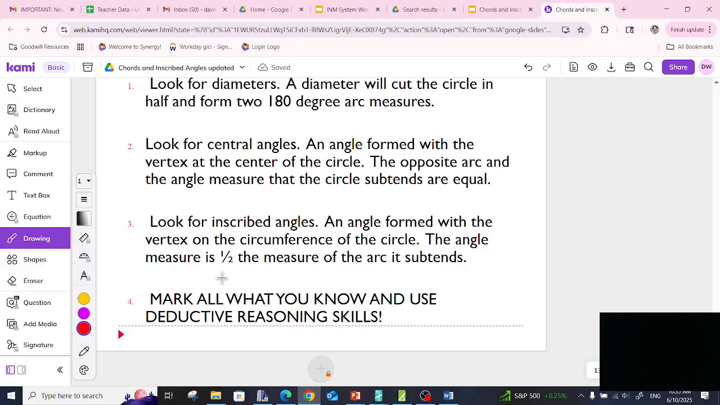Now, the big thing is mark all what you know, and then you have to think. You have to use your deductive reasoning skills. This is what's different than algebra. Algebra, I can give you step by step by step. Circles, when it comes to this type of stuff, is not step by step by step. It's, I'm going to mark what I know, and then I have to use critical thinking skills to find everything else. Okay,